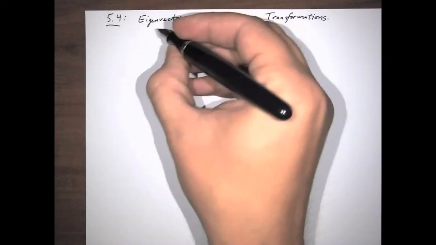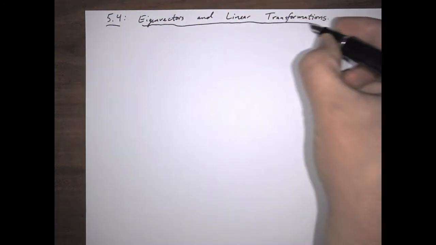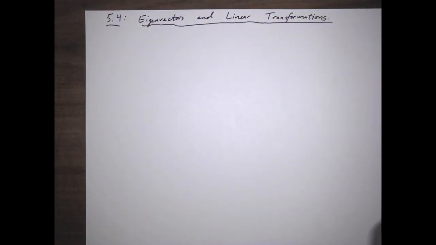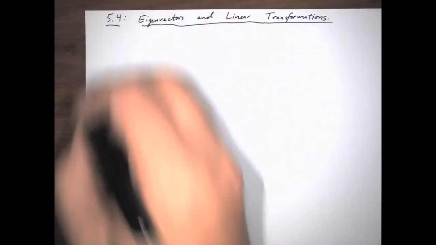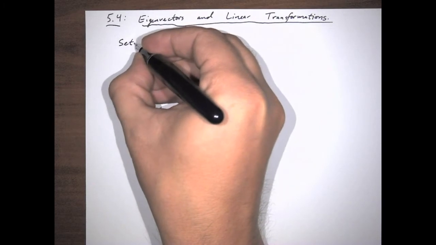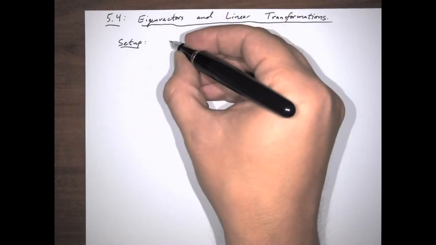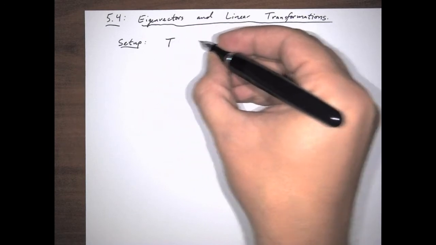Alright, well first what we're going to be doing is just looking at linear transformations on their own, and then we'll bring eigenvectors into the mix. So here's the setup. T is going to be a linear transformation